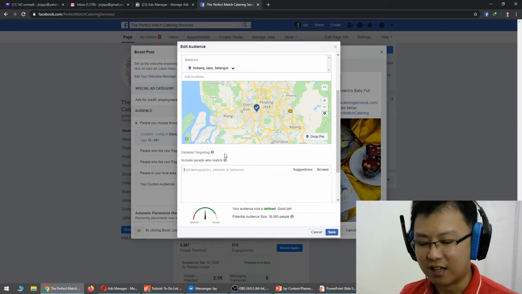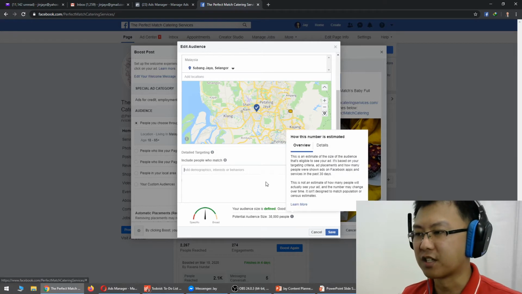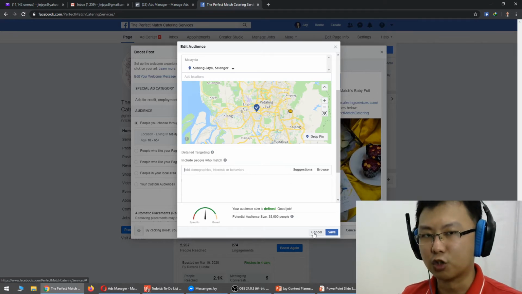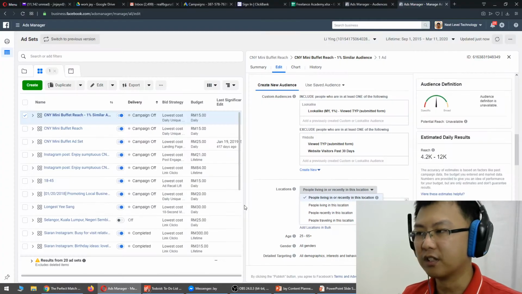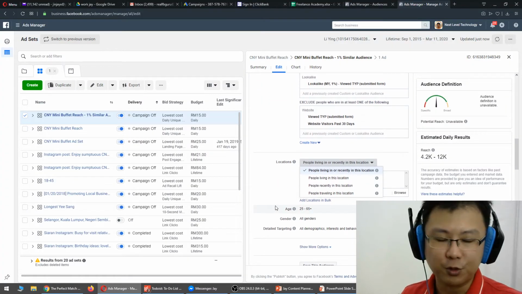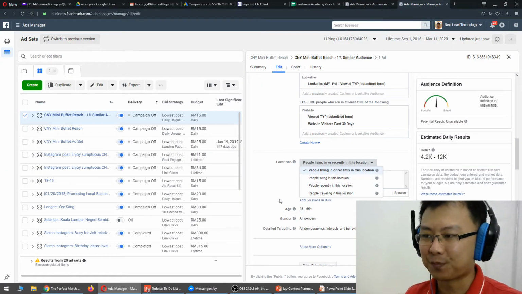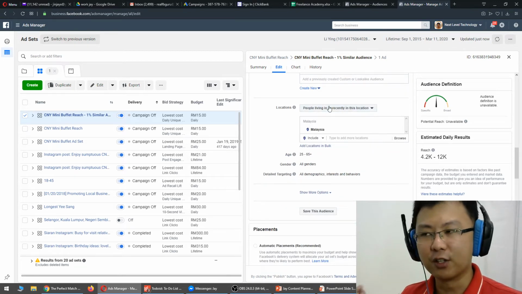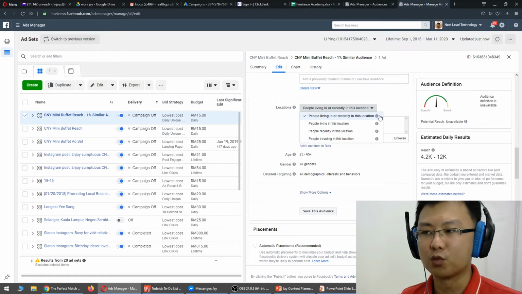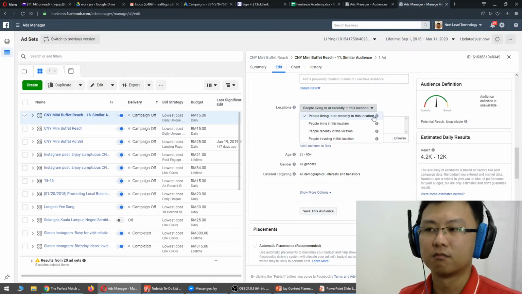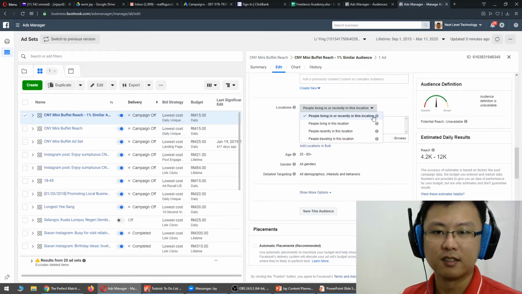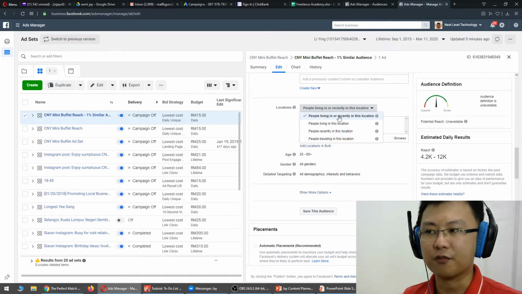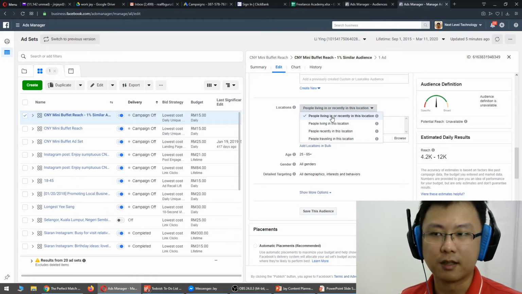Right. Why do I say so? It is because here you do not have a lot of control over the ads, and you're showing your ads to some questionable audience. Now, if I do not change anything, this will be the default setting. The setting which, if you do not specify, Facebook will automatically select for you.